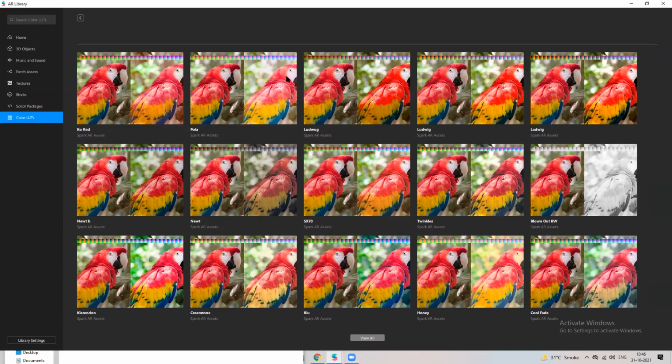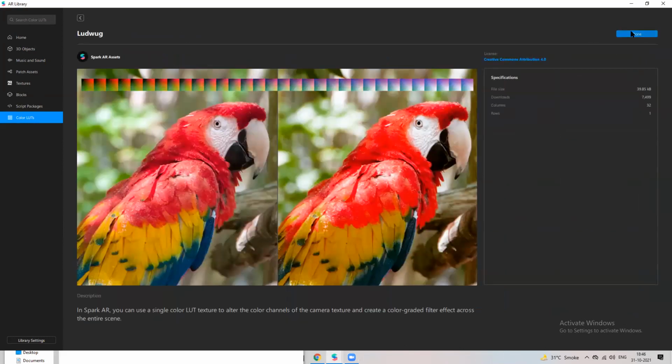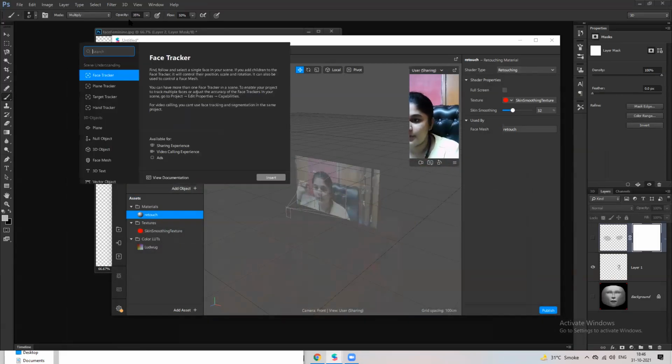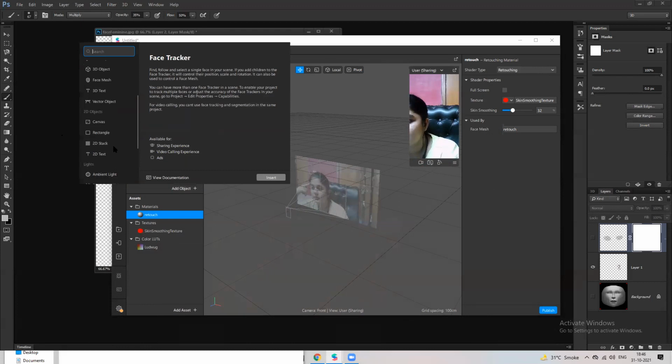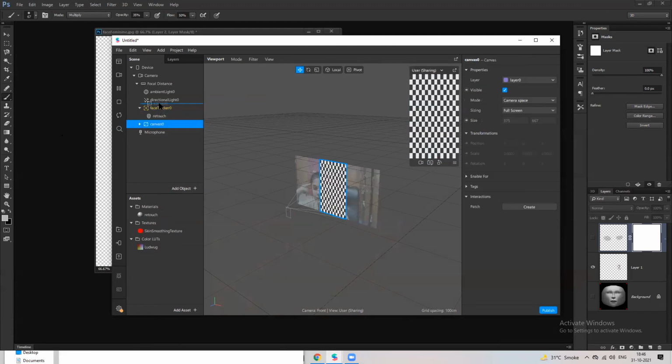Okay, so just for now let's take one LUT. Okay, and I'm going to add a rectangle, canvas in a rectangle, and it's going to be full screen. I'm going to place it above my face tracker.